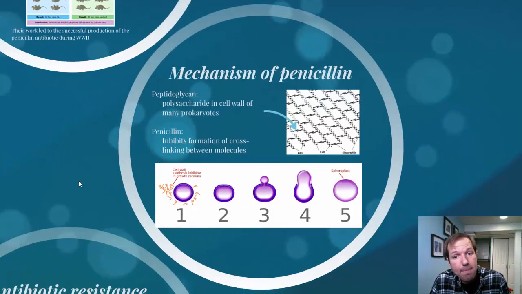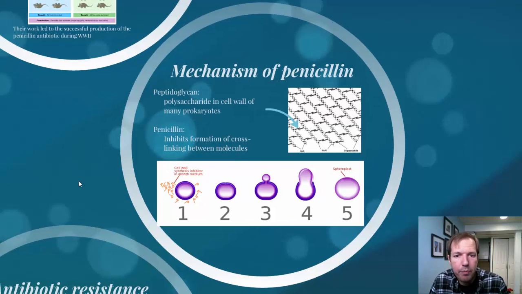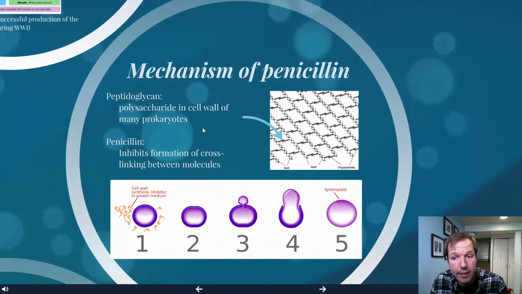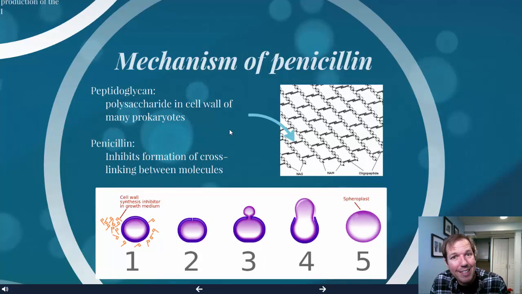We can take a quick look now at the mechanism by which penicillin works. So penicillin is a drug that acts upon the cell wall of bacteria. Bacteria have a cell wall that's made of a substance called peptidoglycan. Peptidoglycan is similar in some ways to cellulose. It's a long, linear chain of carbohydrates. But the strength of peptidoglycan comes in the fact that there are short chains of amino acids that link together the chains of those polysaccharides. And there is a protein, an enzyme, that is responsible for building those little chains that are going to link together the